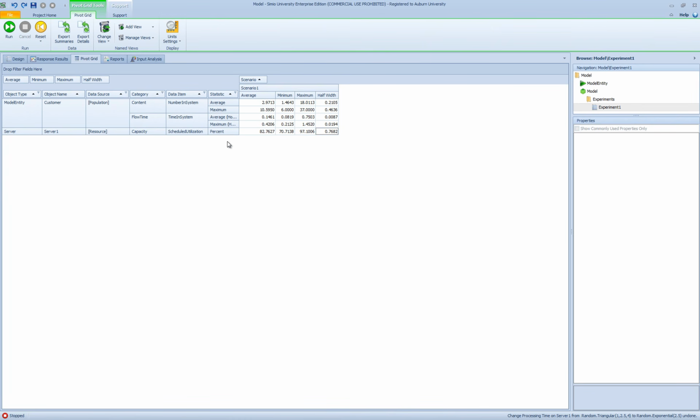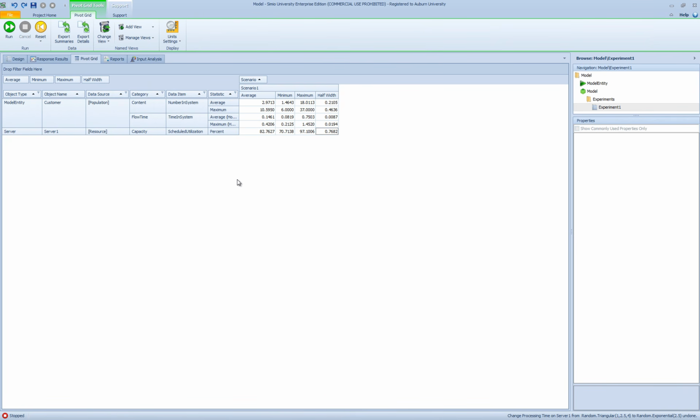So an important question that we always need to ask ourselves whenever we're building a model is, how do we know that a model is right? In order to answer that question, we need to perform model verification. One of the most common verification techniques is to compare our simulation results with an analytical model that we